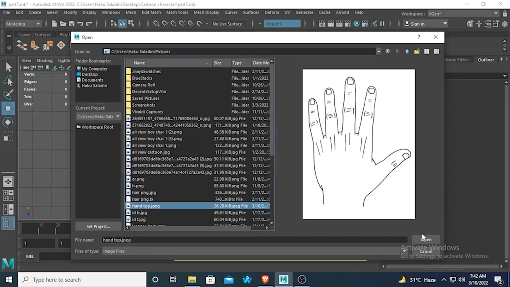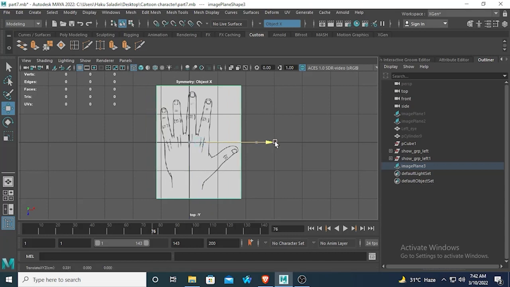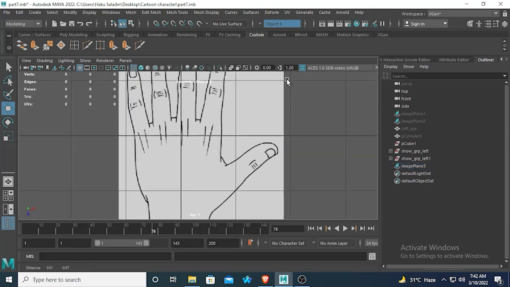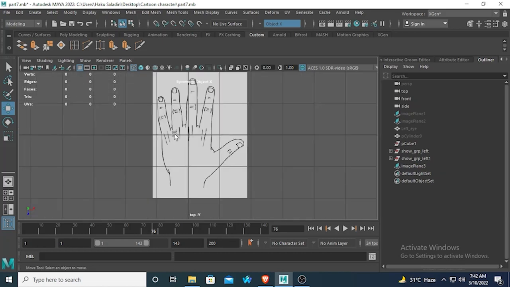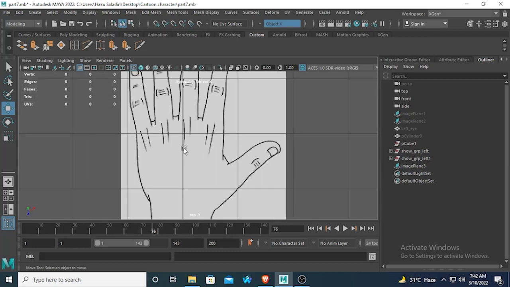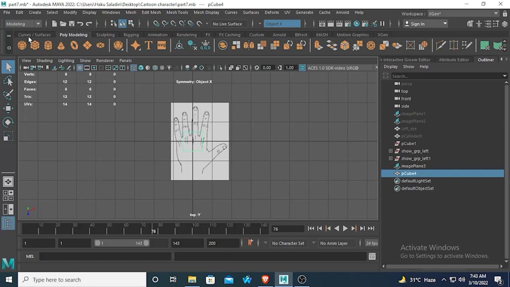Okay, this is the reference image I have downloaded from Google. You can get the download link in the description, or you can download it yourself by searching on Google. So we need to create five fingers and the palm part of the hand. So first I'm taking a polygon box, or polygon cube,